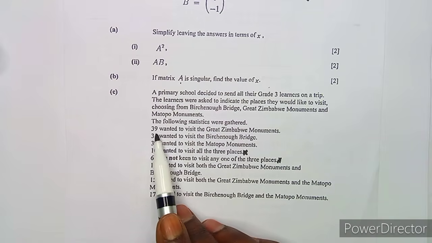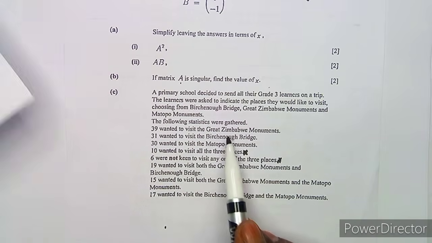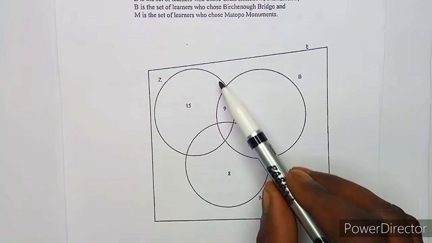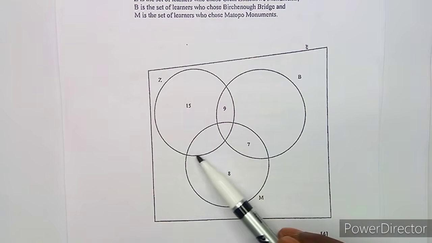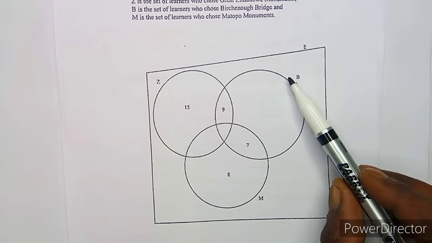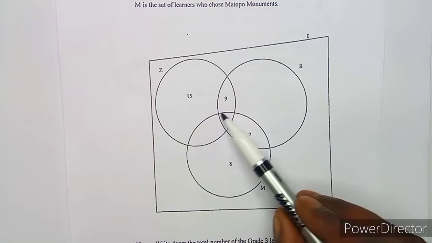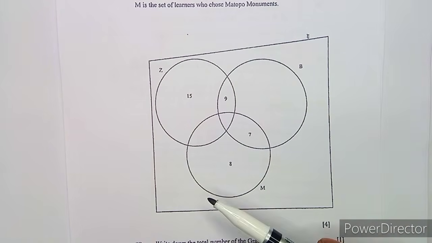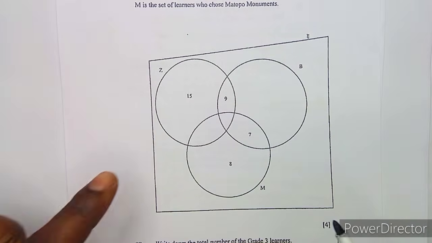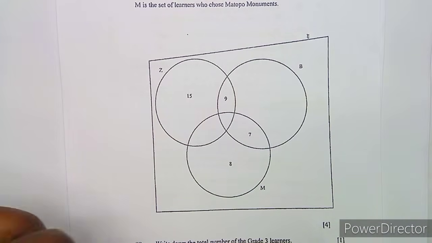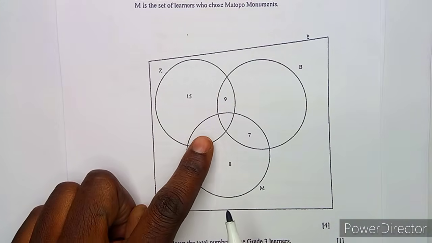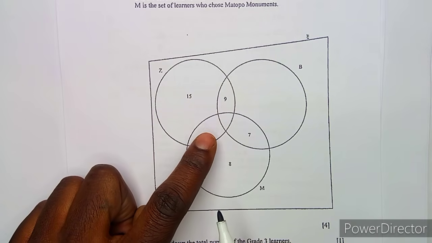Because here, if you are given that 39 visited Great Zimbabwe, this is the whole of this set that we are talking about. The same with Peshnav Bridge, the same with Matopo. We are talking of the whole set. So it is going to be difficult for us to find the remaining part, because you are supposed to take,